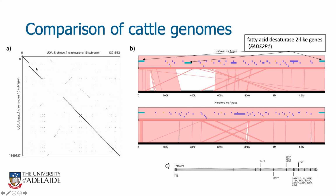One of the most diverse genomic regions between the Brahman and Angus cattle was observed on chromosome 15. A region of about 1.4 million bases has 3 copies of a gene known as fatty acid desaturase 2, FADS2P1. 3 copies in Brahman, you can see here, and 2 copies